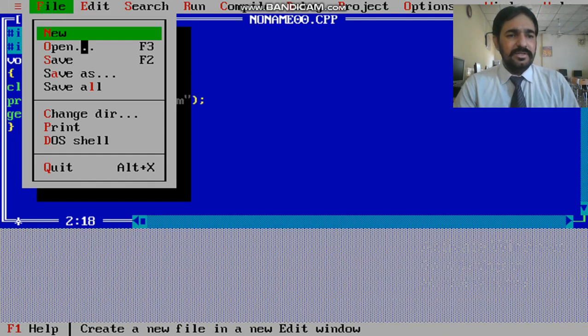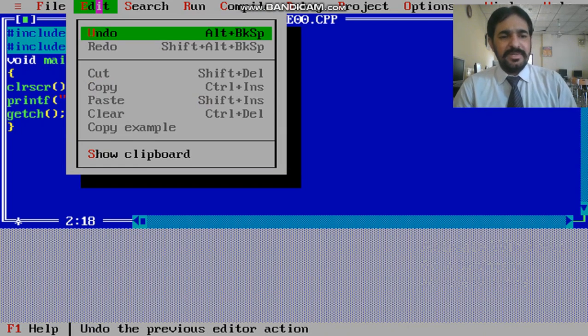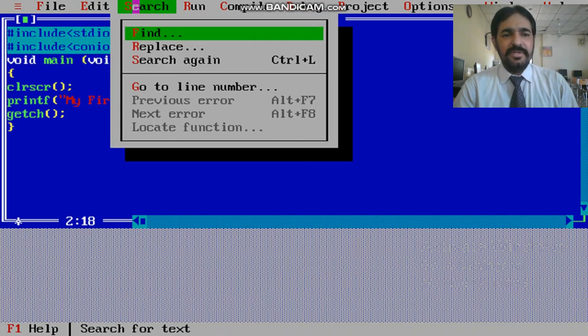You can see new, open, save, save as, then shortcut keys are given. Similarly undo, redo, copy, cut, paste, clear. All these are common functions available in almost every program.